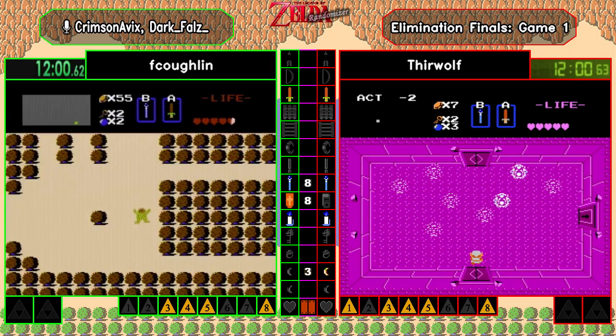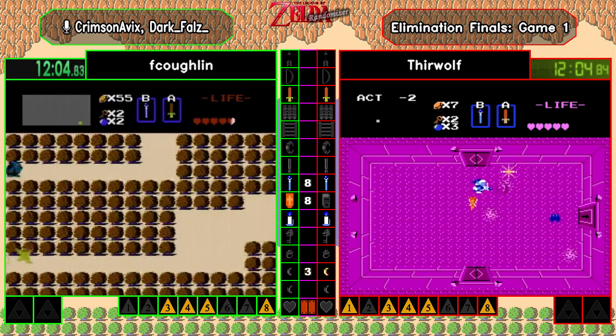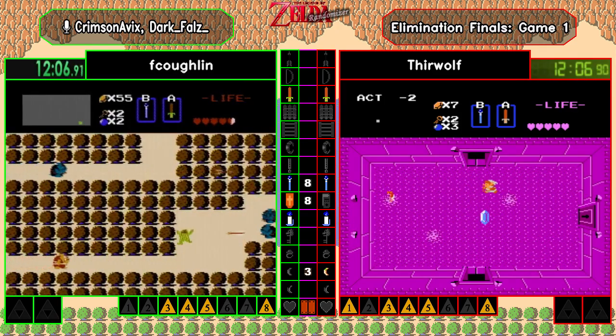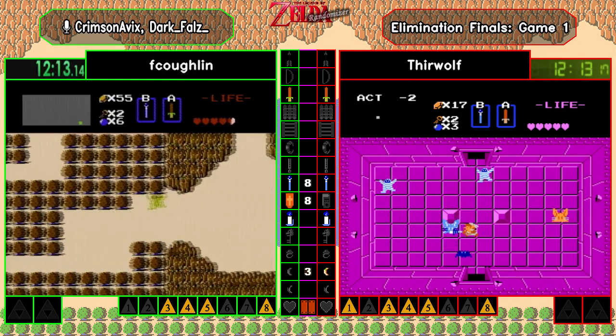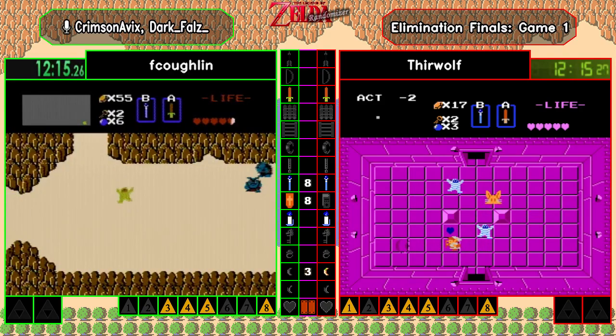So this level 2 will look like a giant A for Thirwolf. It'll have 1 item in a staircase, and then possibly 1 on the ground. Yeah, for those that aren't as familiar with Second Quest,